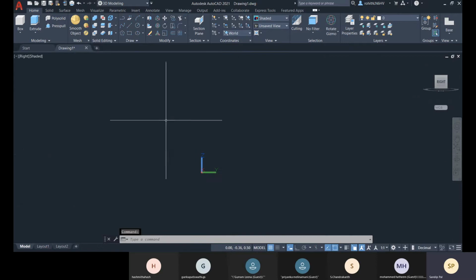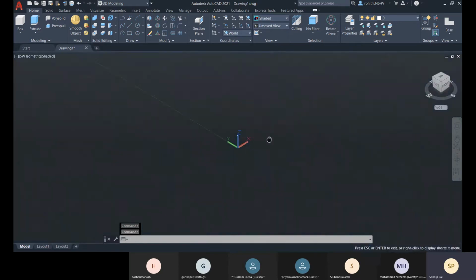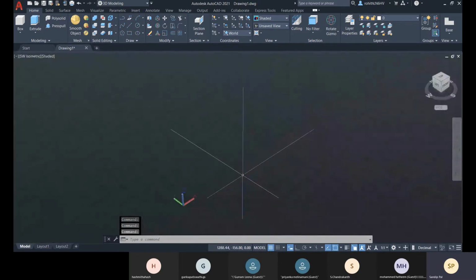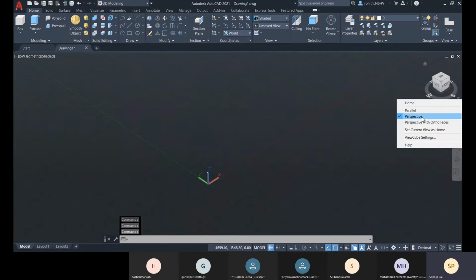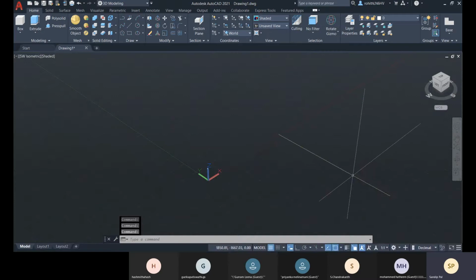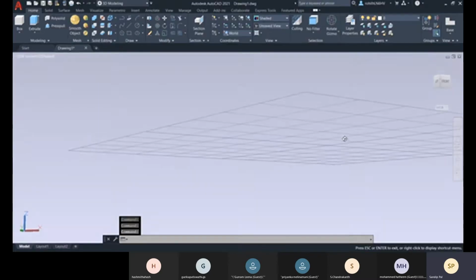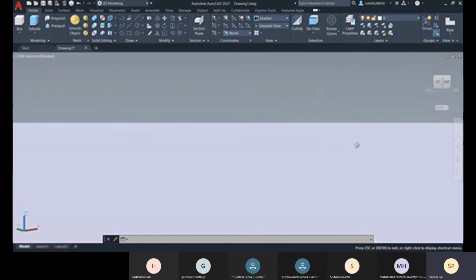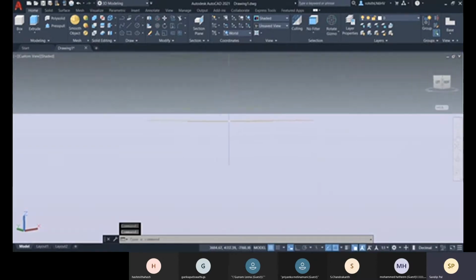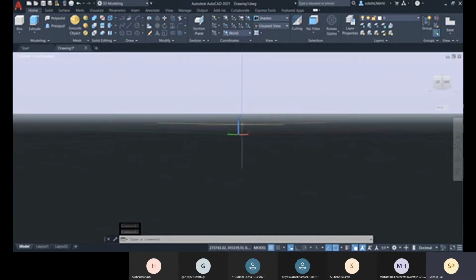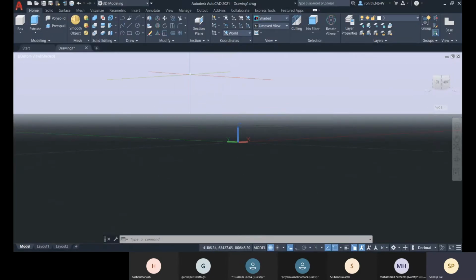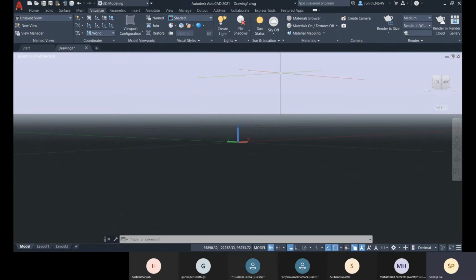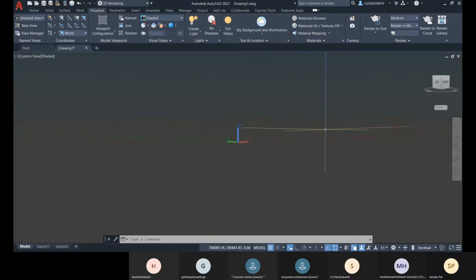Now let me switch to world, and you also have the projection. So if you go with this perspective projection, there you can see the horizon and the sky. So we also have this sky option, this sky background and illumination.